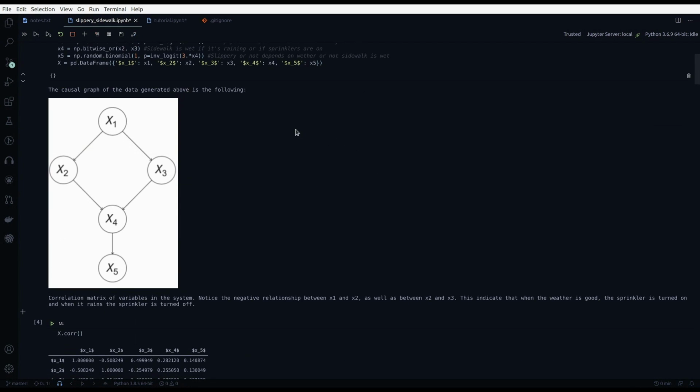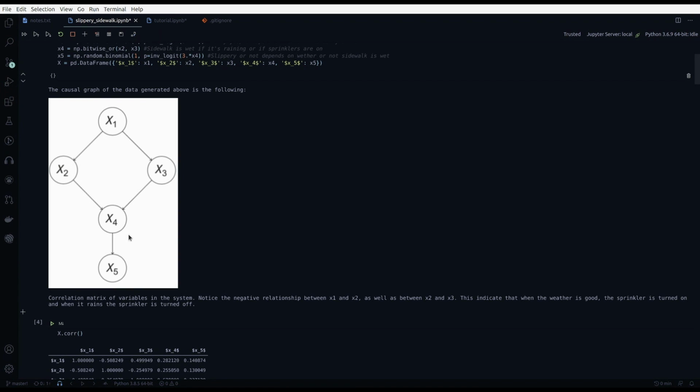The example in this notebook is based on the slippery sidewalk example in the Judea Pearl causal inference primer book. Let's start with this causal graph, where x1 represents whether a day is sunny or not, x2 represents whether the sprinklers are on or off. X3 represents whether it's raining or not on that day. Then X4 would be if the sidewalk is wet or not, and X5 is if the sidewalk is slippery or